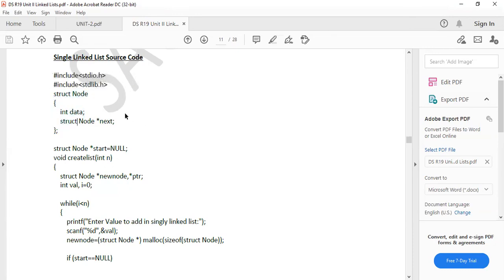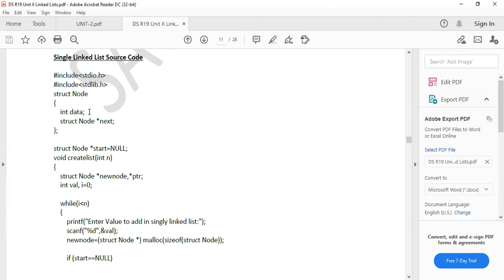Why, sir, are we writing this structure as a global declaration? Why do we need to write it at the starting of the program? We have two types of declarations: global declaration and local variables. If you write before the main function, that is called a global declaration or global variable. Within the main, that is called local variables.